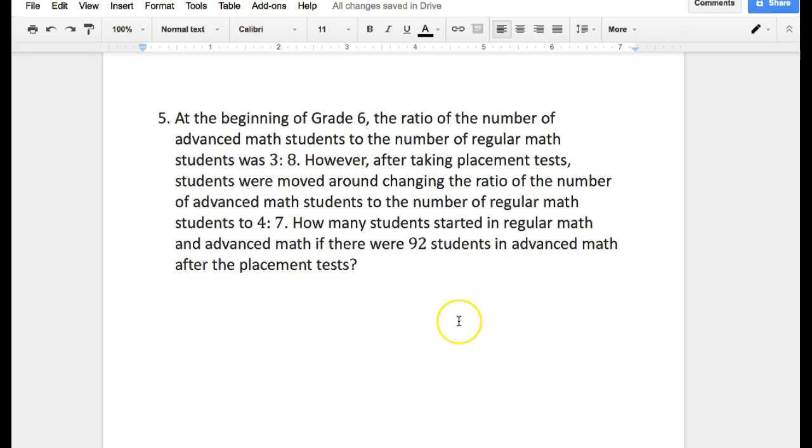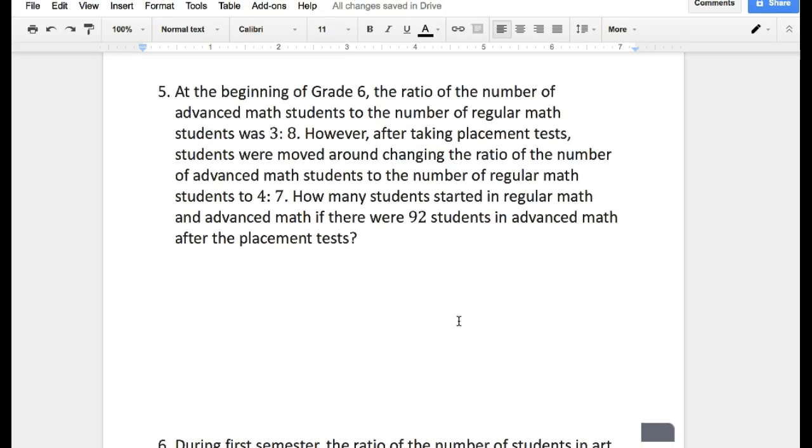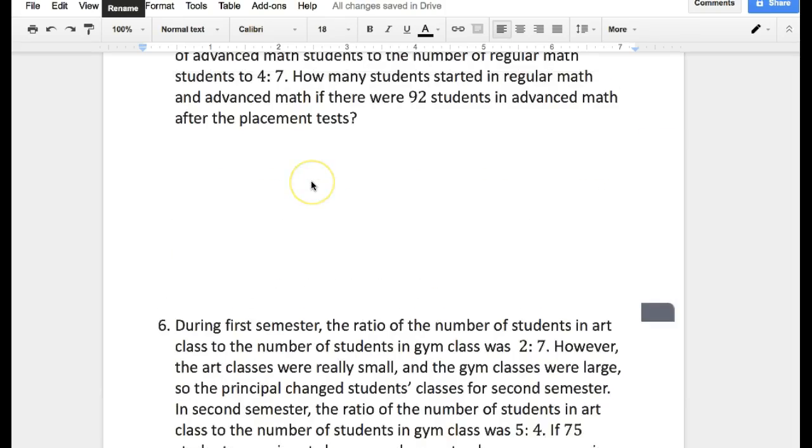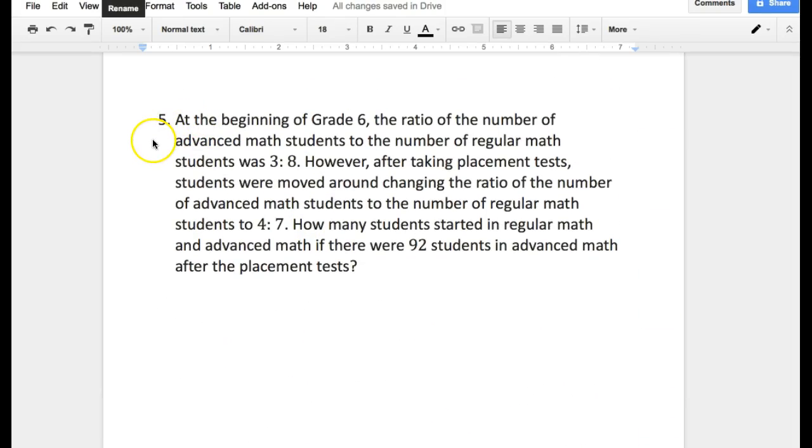Okay, so there's a couple of questions here. Make sure you answer them correctly. How many students started in regular math and advanced math if there were 92 students in advanced math after the placement test? Now that you've figured out the answer for number 5, assuming you got it correct,